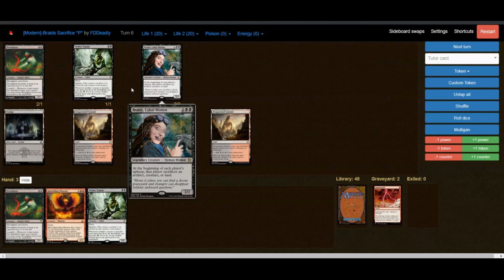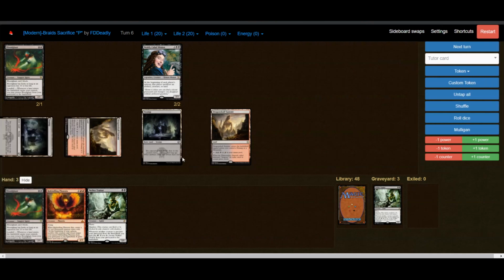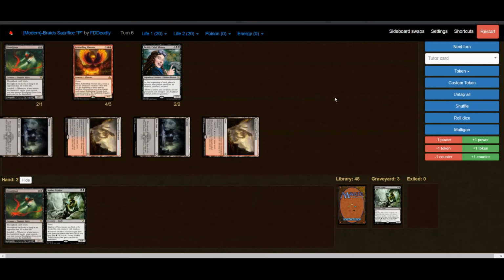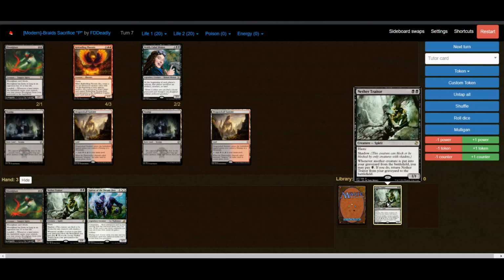Now, at your upkeep, you will have to sacrifice, so I will sacrifice the Nether. Now I can put the Phoenix, for example. Pass the turn to your opponent. Your opponent will have to sacrifice. And next turn, at the beginning of our upkeep, we sacrifice Bloodghast, and because of that, we have here on the Nether one ability